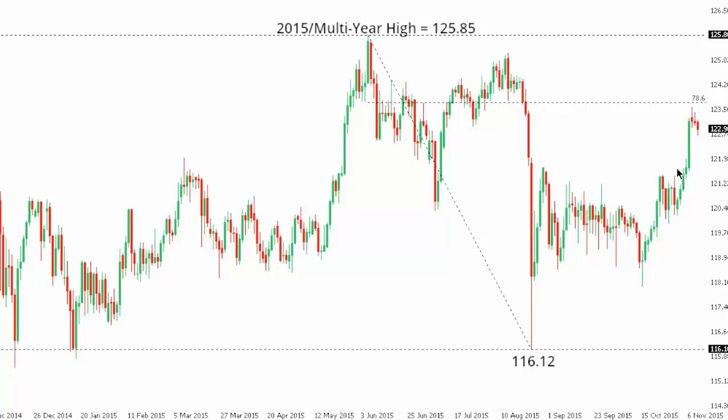Dollar yen. So dollar yen has rallied all the way back up to the 78.6 fib retracement off the 2015 multi-year high at 125.85 to the 116.12 August move. At this point, though, the rally is stalled out around that 78.6 fib retracement, and it's possible that the market